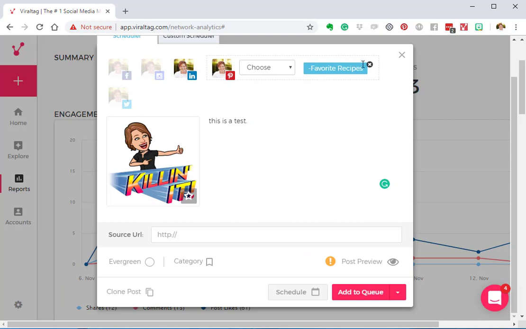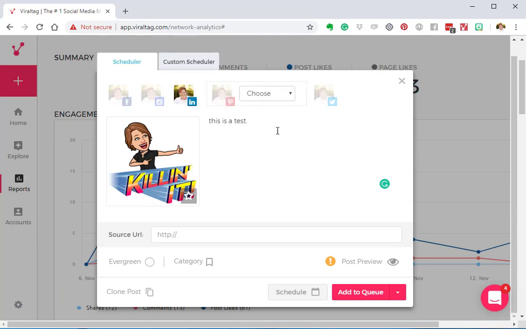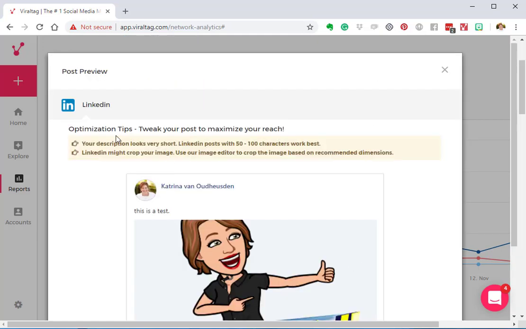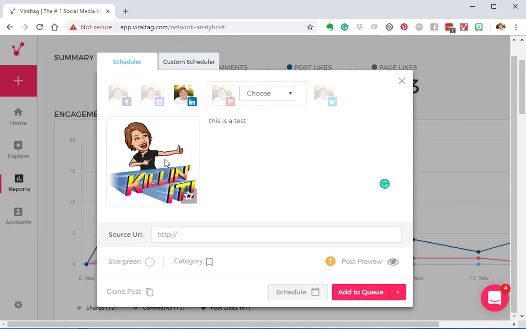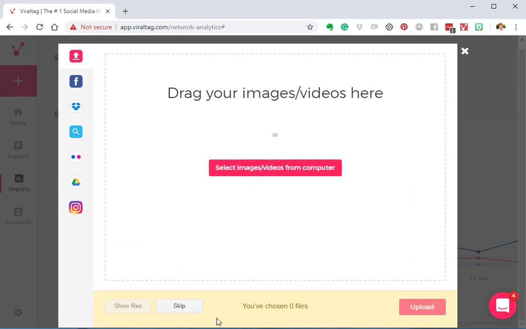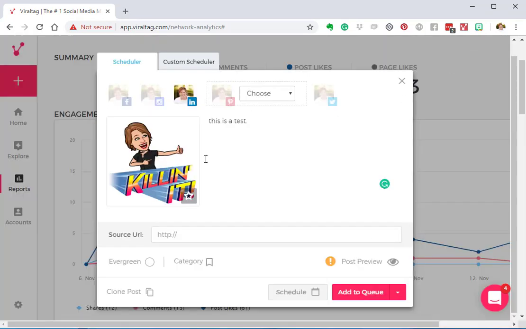So if I choose not to do this one, and I choose to do LinkedIn, I can queue the post and it says your description is very short. LinkedIn might crop your image, use the image editor to resize the dimensions. So again, lots of crazy things that we can do in here and really make it suitable for whatever platform